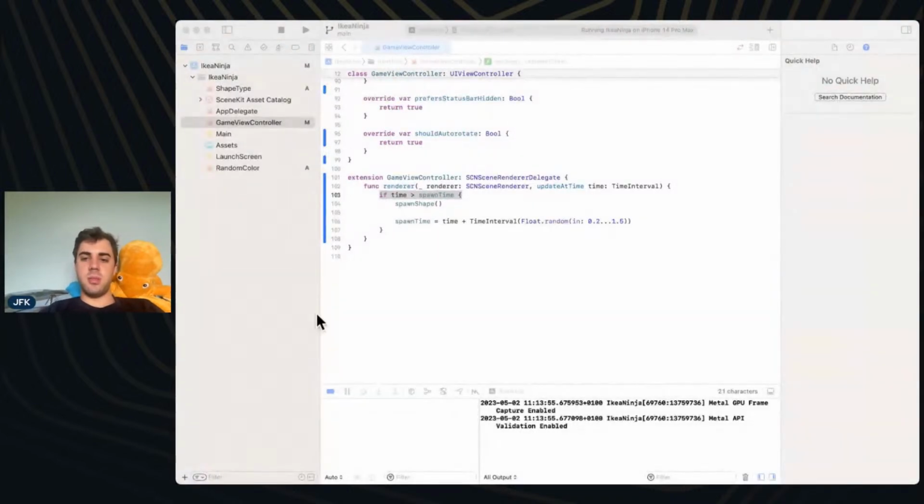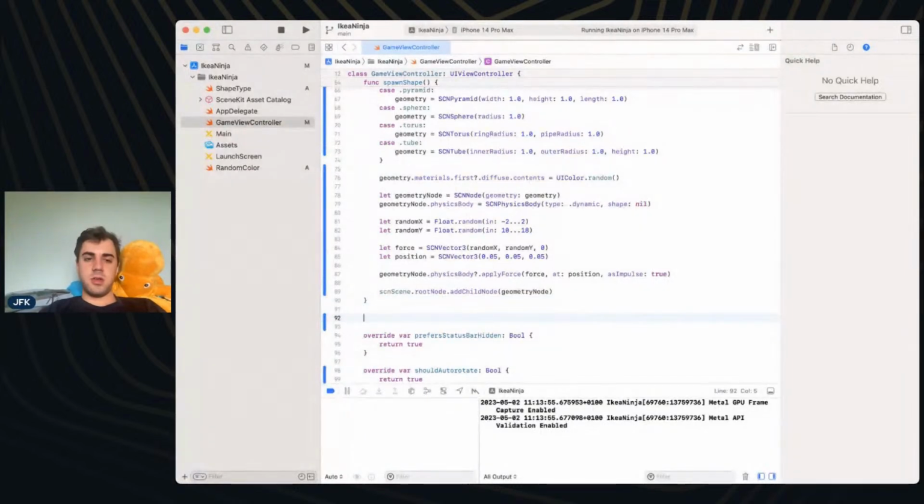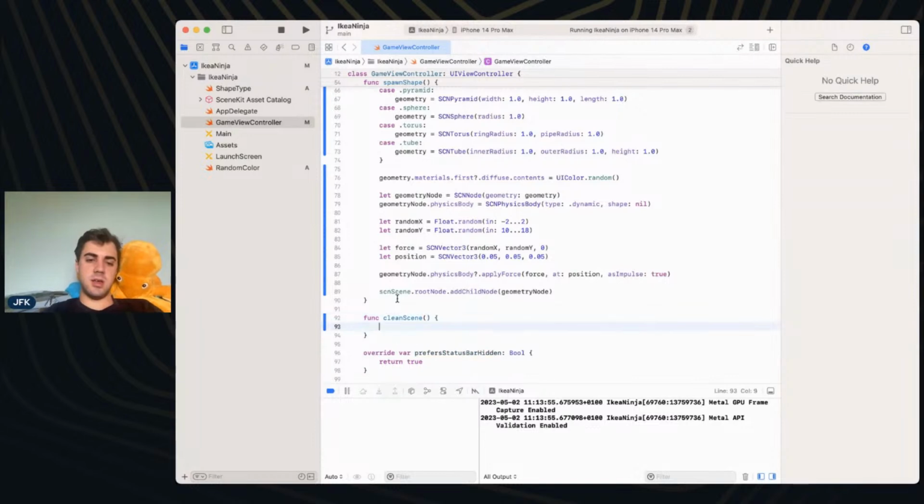We're going to do a little bit of object cleanup here. So we have spawn shape. We're going to define clean scene. What we're going to do is for node in scene.rootNode.child